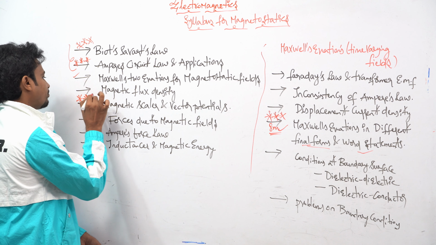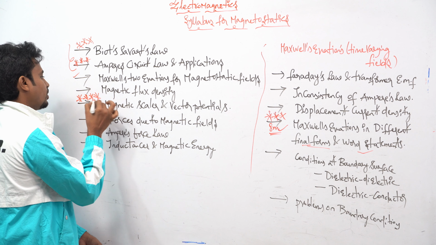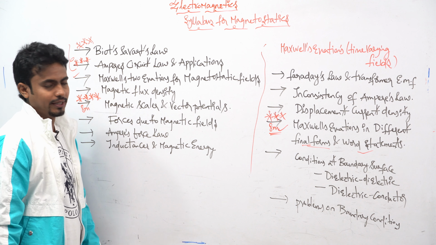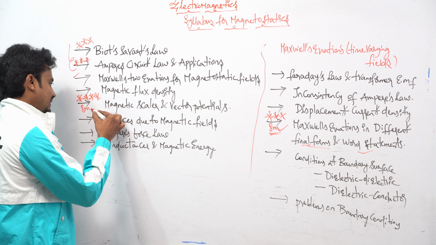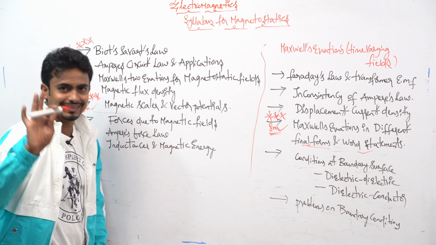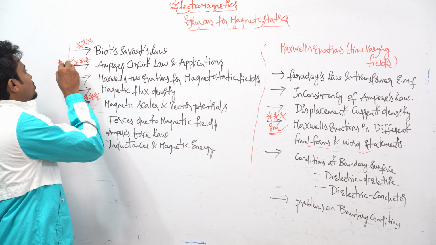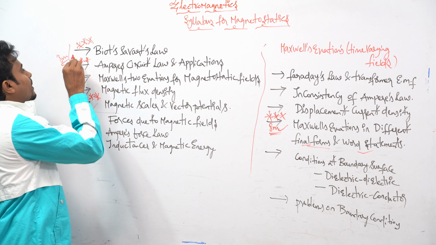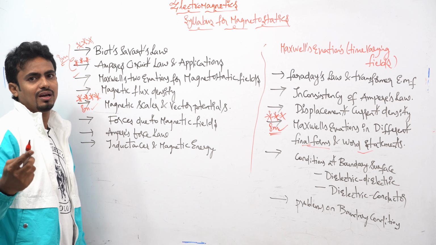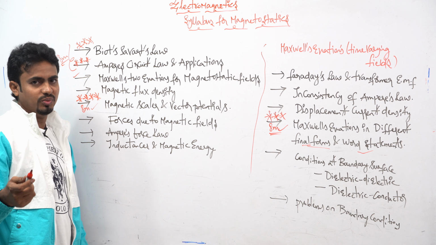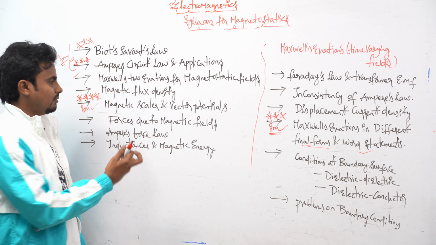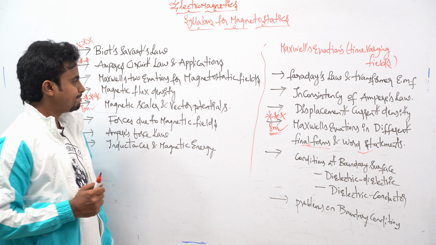And here we have to see the magnetic scalar and vector potentials. This is important from the university examination point of view, if you are a university student. This might be asked, chances are there, and for these two, 8 marks or 7 marks or 16 marks, depending on how much your university paper gives you. One question answer, roughly I will give the marks.